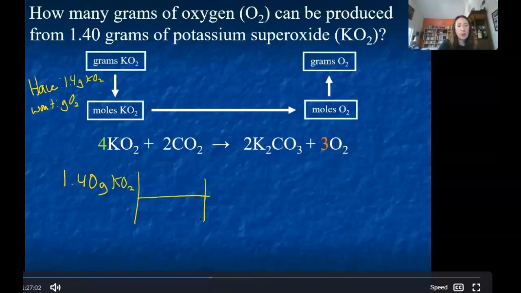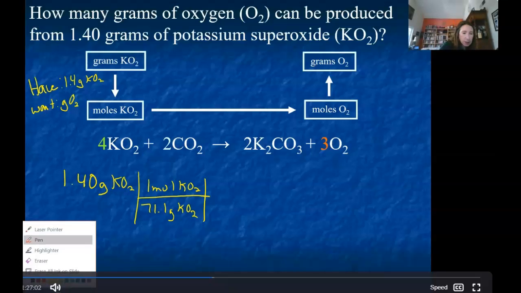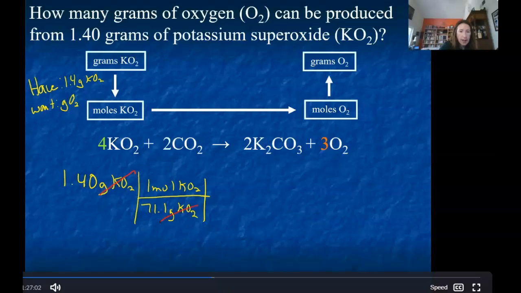Pretty sure the molar mass was 71.1, right? Grams of KO2 to 1 mole of KO2. Okay, by the way, if you can do this faster than I can, go ahead, do that and type it in the chat. Now, if we look at our units, the reason, again, I just went to moles is because